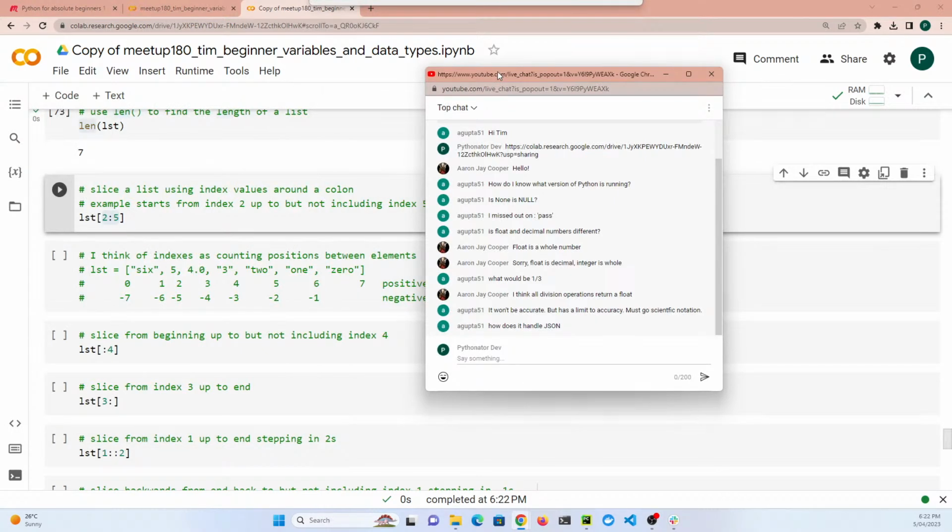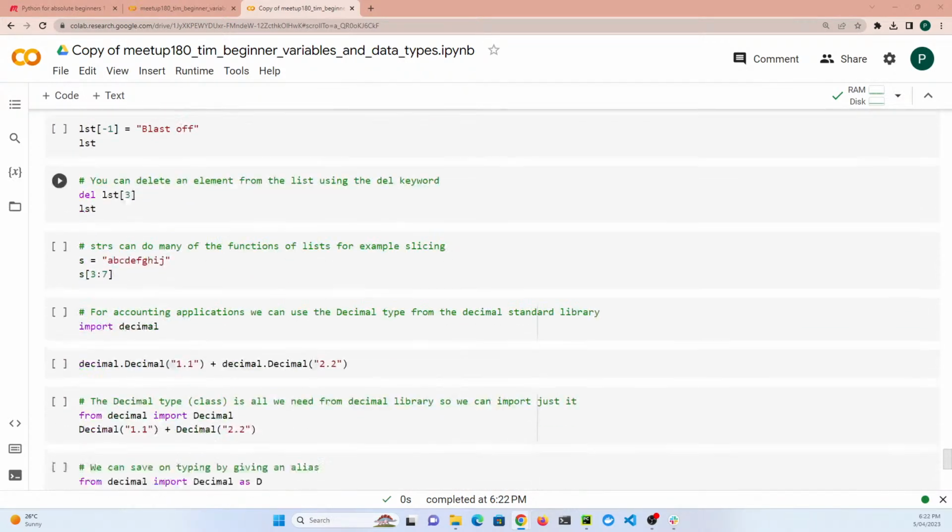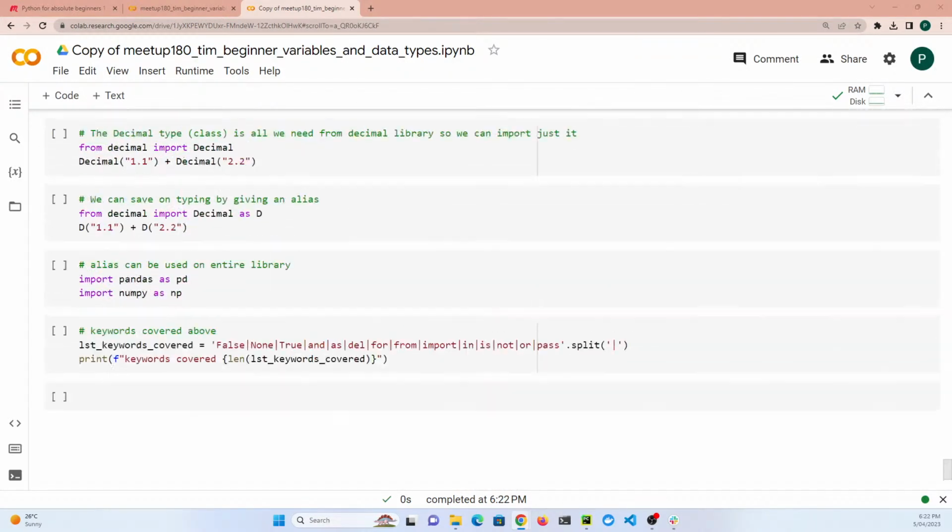Okay, I've got a question here. How does it handle JSON? So that's a pretty good question. I don't think I'm going to be looking at. No. So